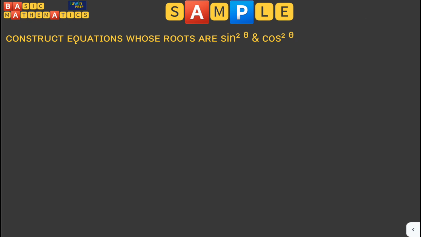The first thing to note is we would write out our alpha and also our beta. So we say alpha equals sine squared theta and beta equals cos squared theta. The next thing to do